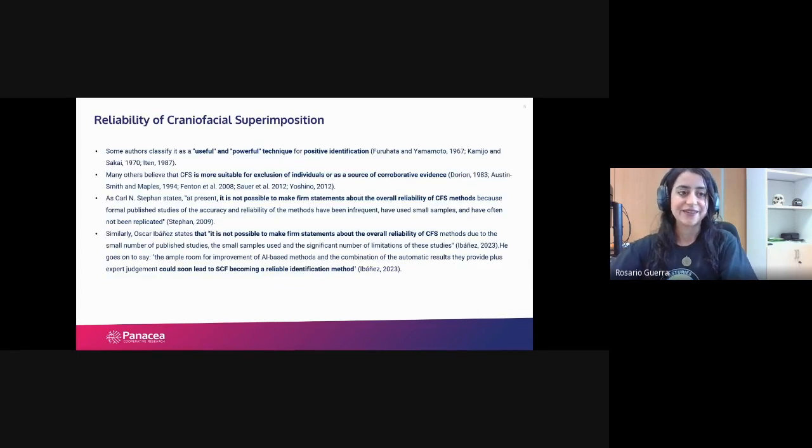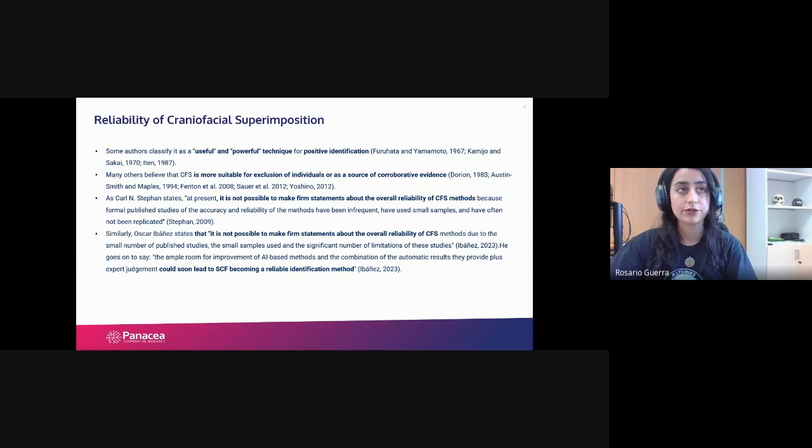So the main topic here, and why we have put together these two validation studies and one study that is focusing on the limits of craniofacial superimposition, is because there has been some controversy regarding this technique, and previous studies were very limited. And this meant that despite this controversy, with some authors classifying the technique as useful and powerful for positive identification, while others were claiming that it was only good for exclusion of individuals or could only be used as a source of corroborative evidence,